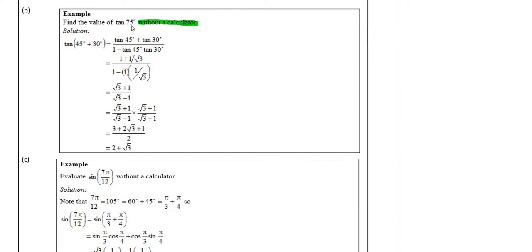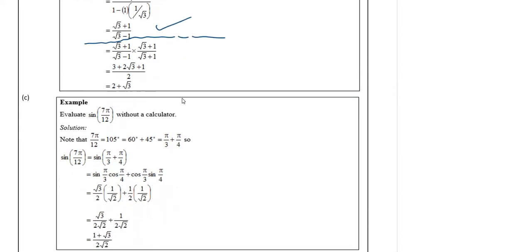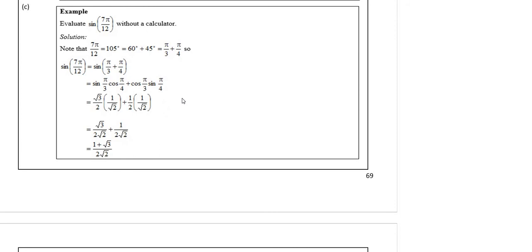So I see 75 is 45 and 30, and then I apply my rule, tan plus tan over 1 minus tan tan, just fill it in. If you get up to this point in the exam, you can stop there. Okay, now, even more important, I think, for the specific